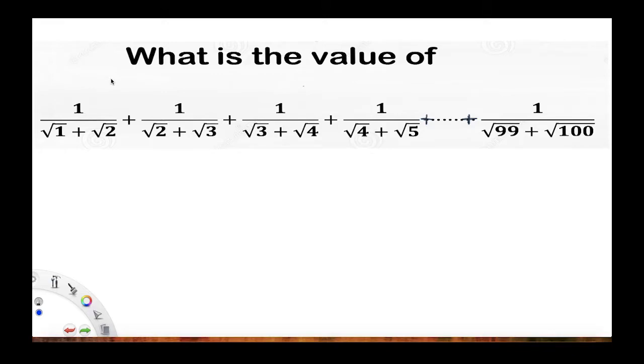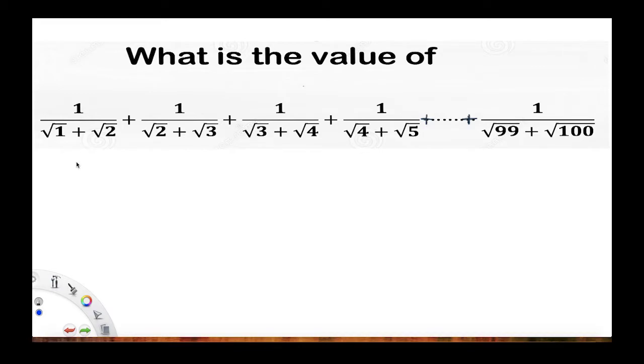So today we have division of surds in the form of a sum of a series. We can see that the numerator is 1 and the denominator will have root 1 plus root 2. It continues in the form of a series. Of course, the next will be root 5 plus root 6. So we need to add all of these. Okay, so let's get started with the first